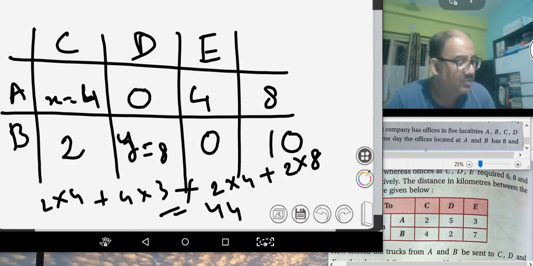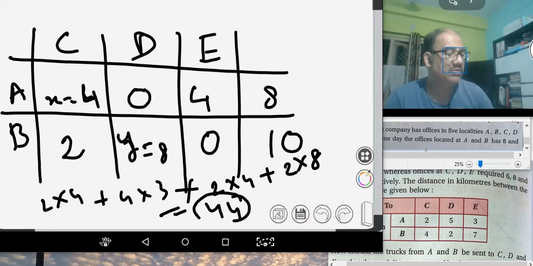So this is how we distribute. The total minimum cost becomes 44, that we have already obtained, and this is how we have found the values of x and y. This is quite a difficult problem. This is actually called the transportation problem, and we can solve the transportation problem by another method. In fact, next we will be solving the transportation problem, but we will not follow this way, because this is not a generalized way. We will solve the transportation problem in another method, and that will be done in the next class. Please follow the video.